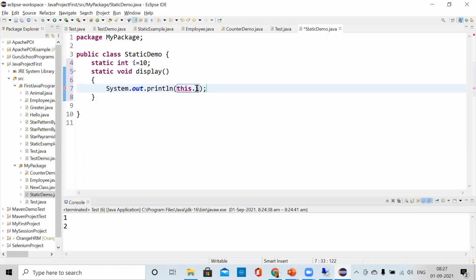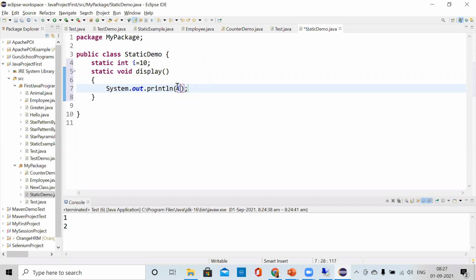If I write only I, it will not give me error. But if I write this dot I, it will give me error. So this keyword and super keyword, I cannot use it in static methods.